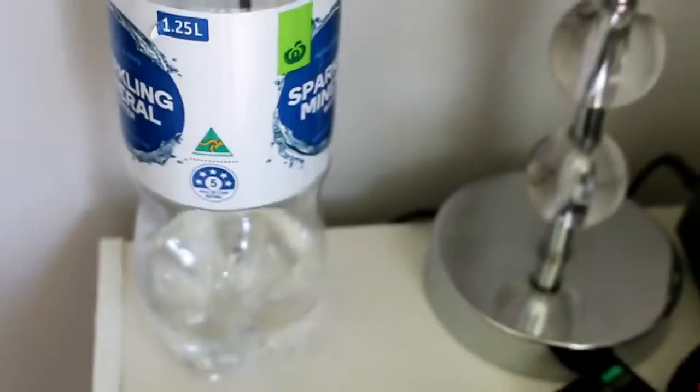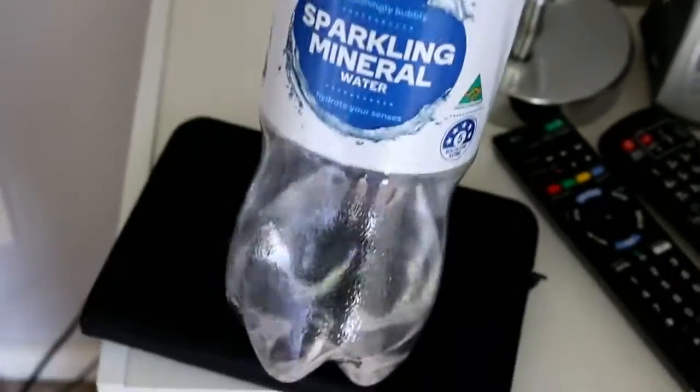And then over my husband's side of the bed, pretty much everything can stay. It just needs tidying up except for this water bottle. So yeah,